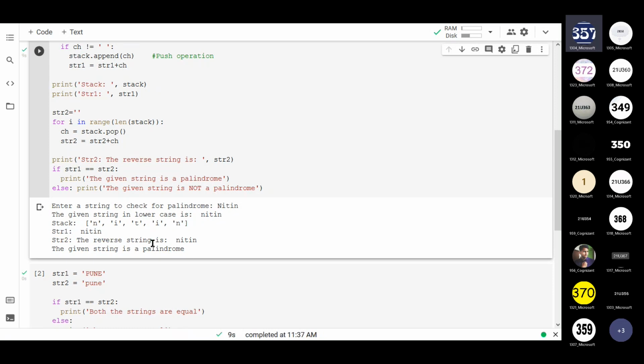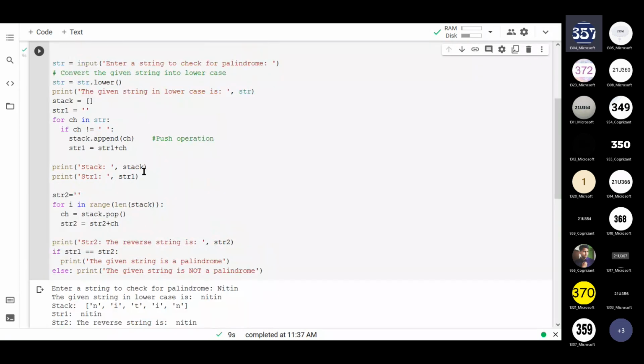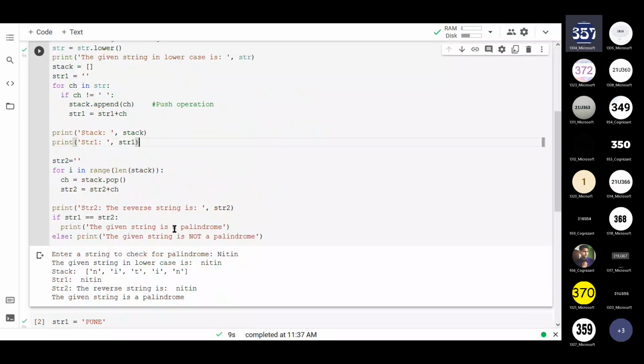All right, so that is how we have done it using the stack concept. In that we have added character by character into the stack, and then we popped it and compared. Okay, so this is how you have to do it using a stack. Now you have to do it